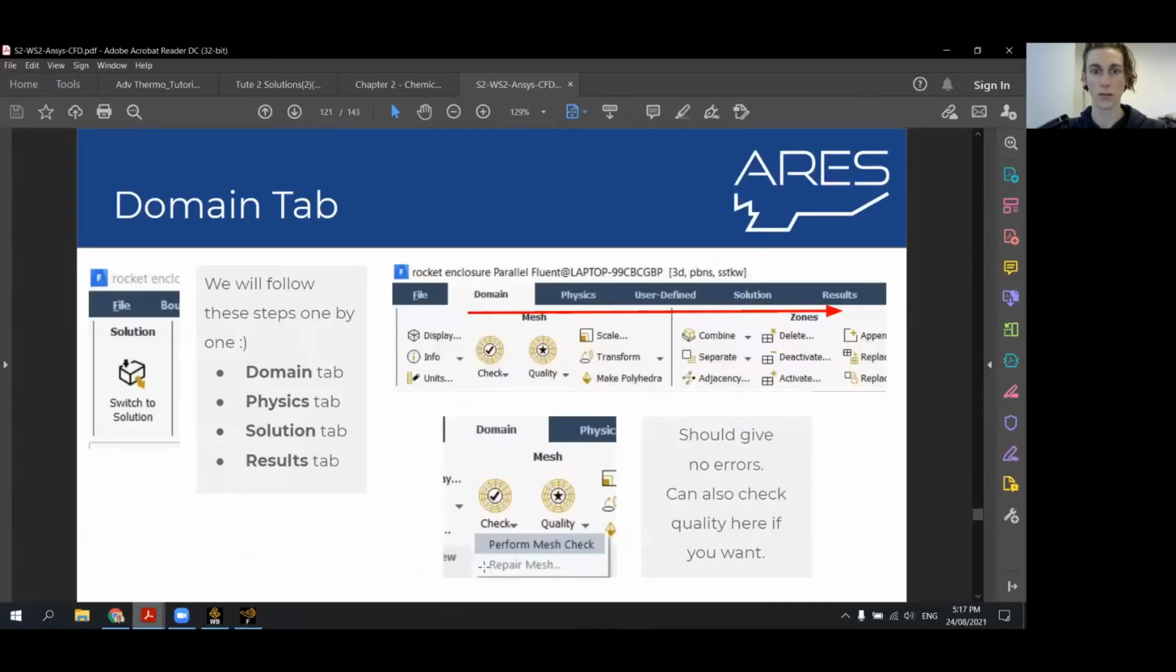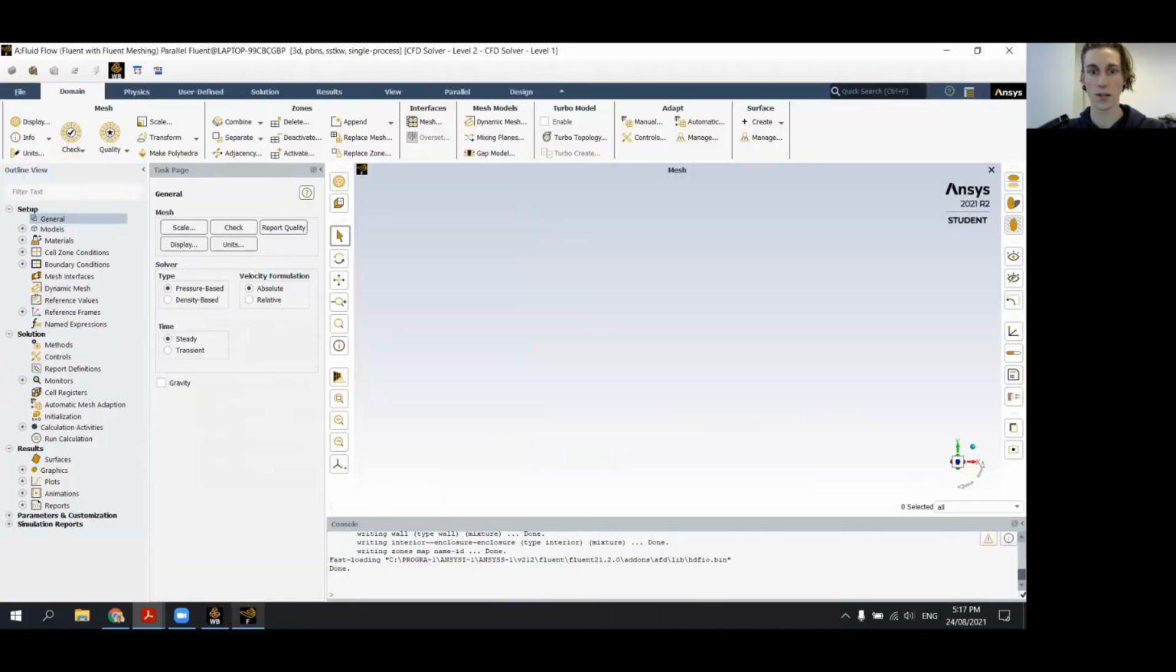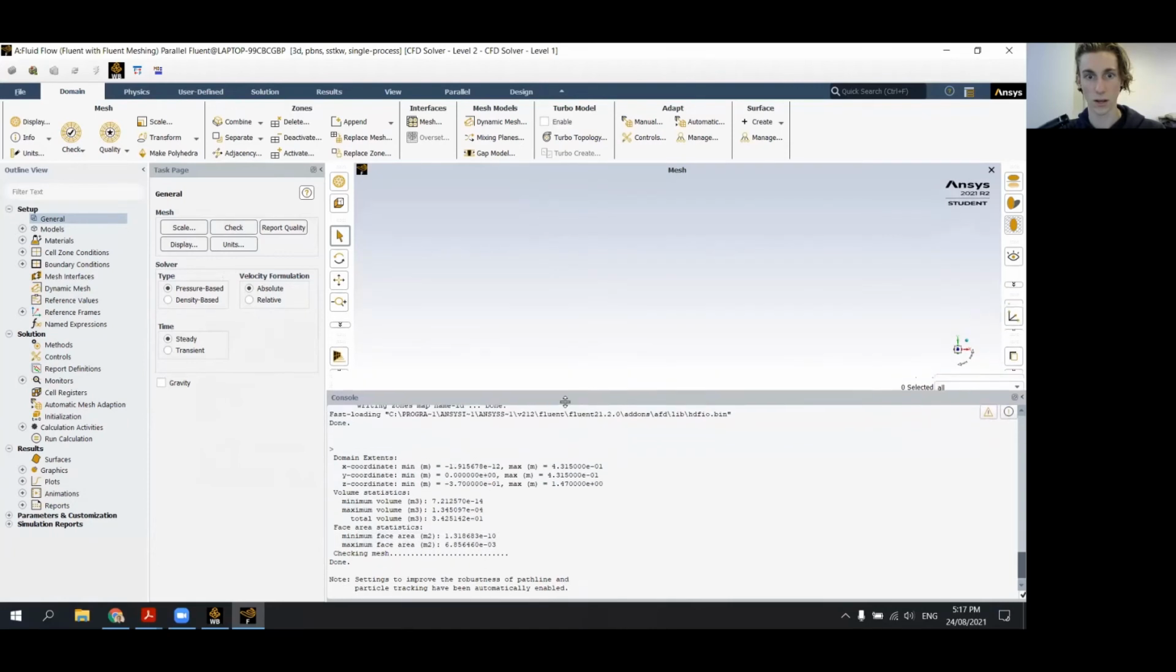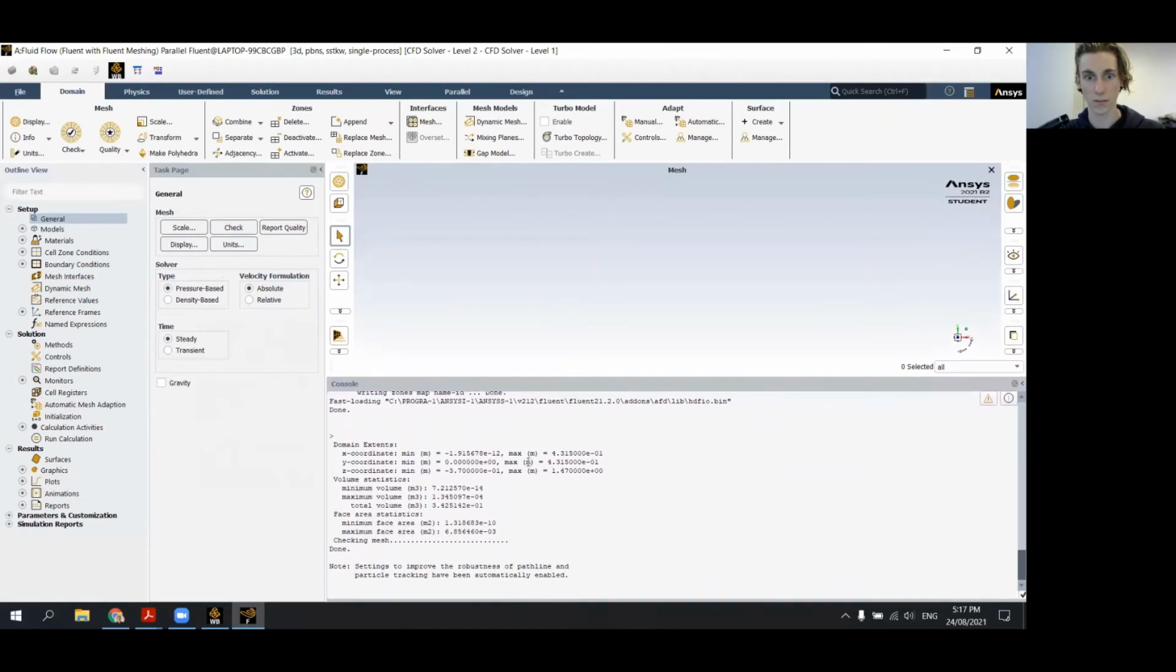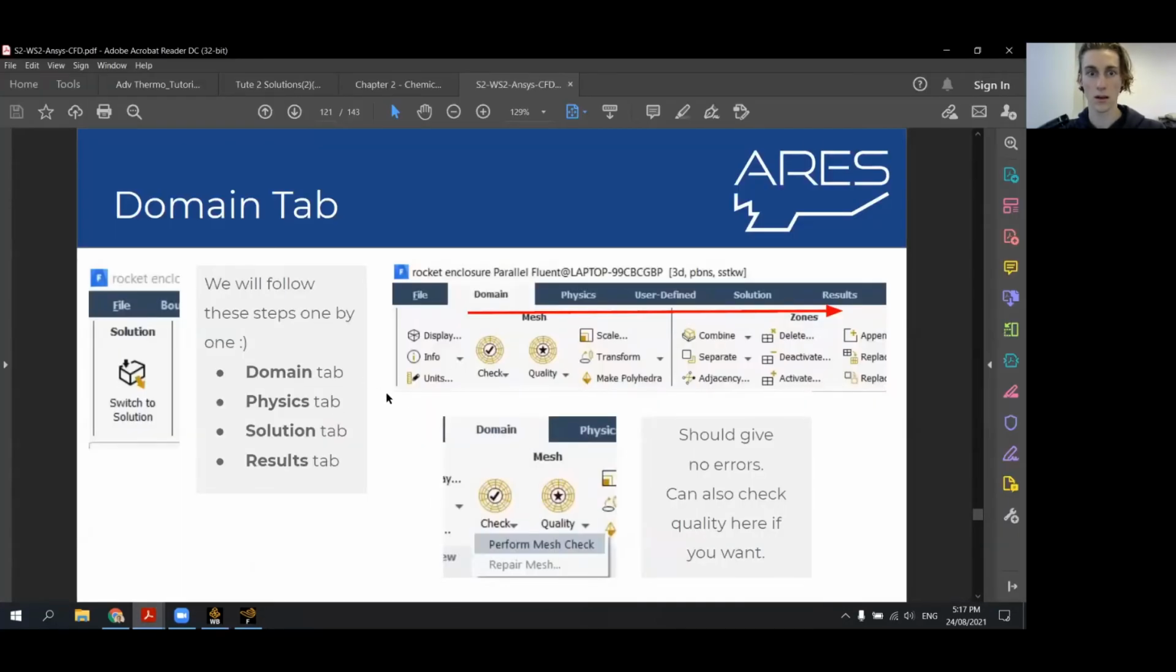First thing we want to do in the domain tab is check our mesh, and we also want to check that it doesn't give us any errors. We could also check the quality, but we already checked the quality previously, so it should be good. Just perform mesh check. It's not showing us on the screen yet, but we have actually brought our mesh in. Okay, so it's checked the mesh for us. And there's no errors coming up, so we're all good with that. Then that's actually all we need to do